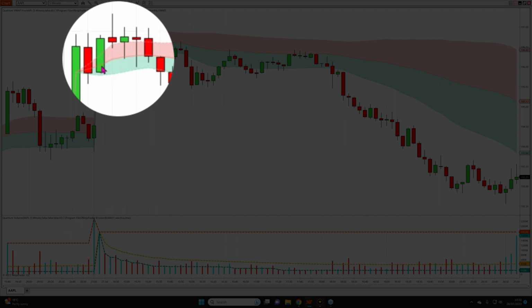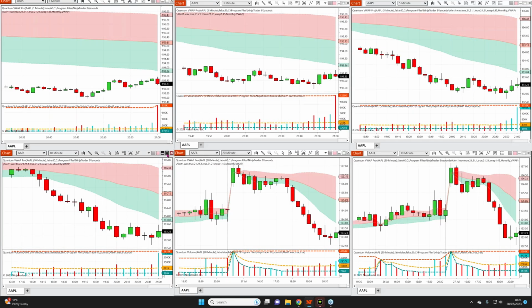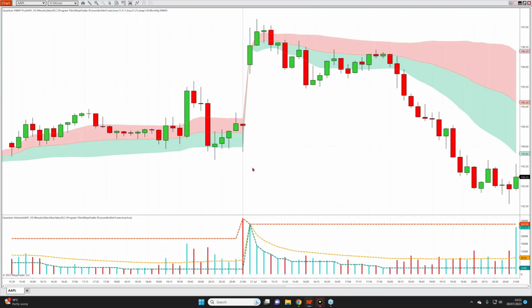Yes, the price moved above the VWAP, but as I'll show you on the other time frames, there are very clear signals that this is not a rally that is going to last. This is merely indicative of a push-up by the market makers to get us into a weak position. And certainly that's the case. We've got this very strong candle here on the 5 minute time frame, which gives us a strong clue to that effect. If we go down onto the 10 minute here, again, you can see the volume coming in